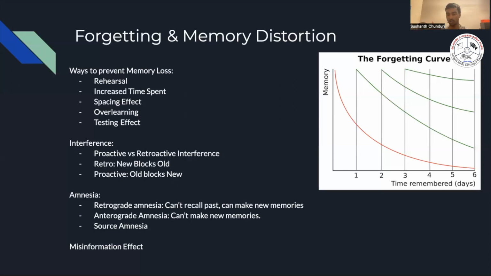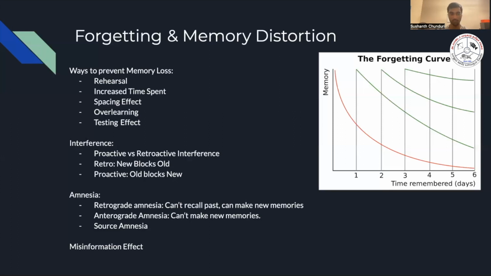Overlearning is a way. So once you learn something, learn it over and over again. It's kind of like increased time spent. If you overlearn something, you're more likely to remember it. The testing effect is doing active recall. That is one of the best ways to increase memory. If you just try to recall test questions, or if you try to do test questions, you're more likely to